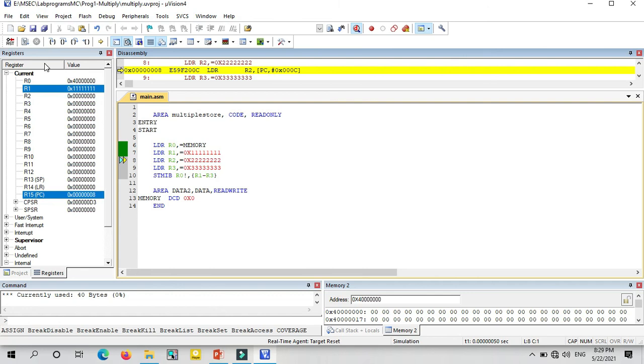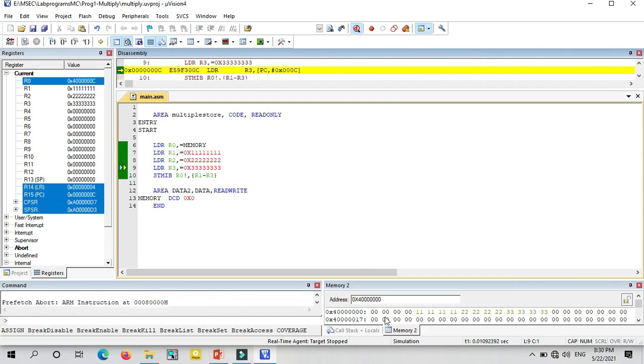First I am taking the values in the R1, R2, R3 registers. R1 is loaded as 111, R2 is 222, R3 is 333. Now I want to store these register values to the R0 memory location. How? By incrementing the memory location before. So it won't load in the 4 followed by 7 zeros. It increments by 4 locations first, then the data will be stored in the memory location.